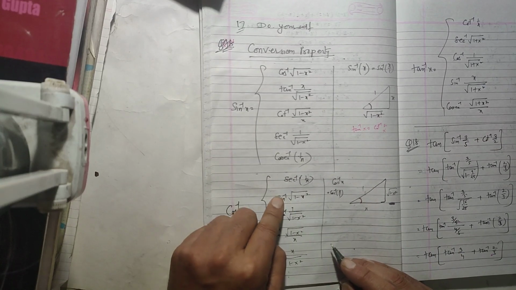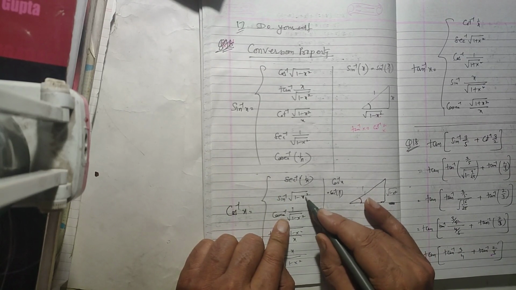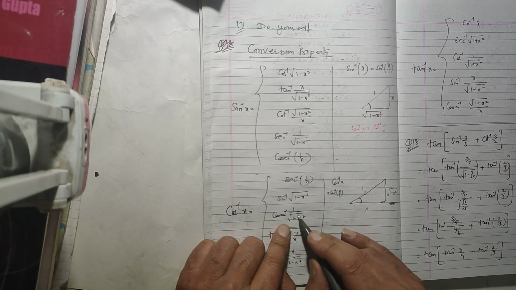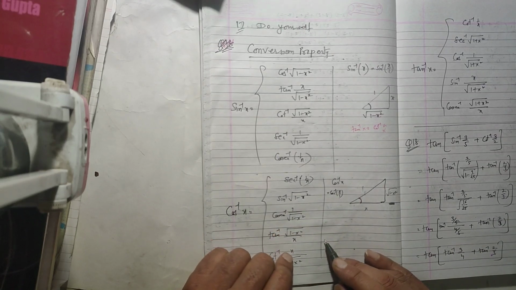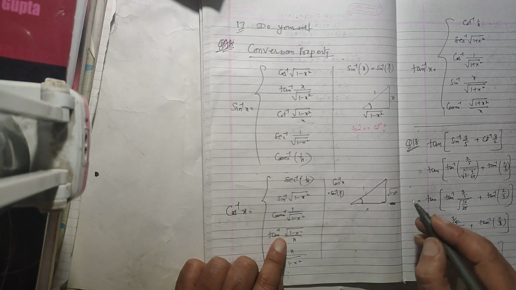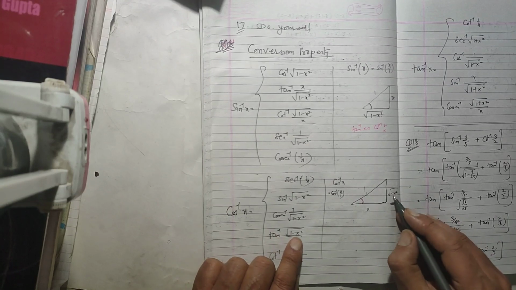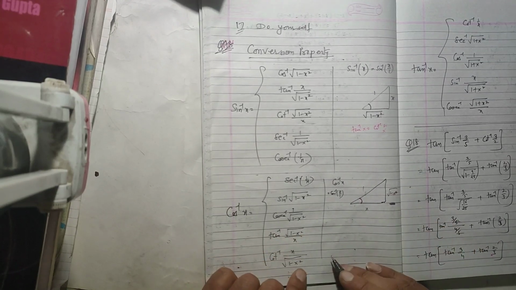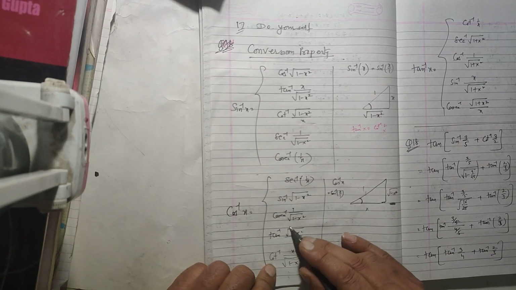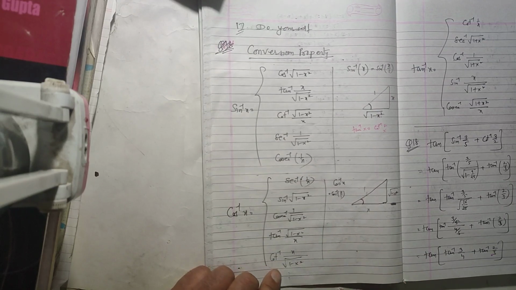And from sine inverse we can easily convert into cosecant by taking its reciprocal value. Root of 1 minus x square can be written as 1 upon root of 1 minus x square. Now to write in terms of tangent inverse, we have perpendicular upon base. Tangent is perpendicular over base, so we can write root of 1 minus x square upon base x. To convert into cotangent, we can take the reciprocal of the tangent inverse and write it in terms of cotangent.